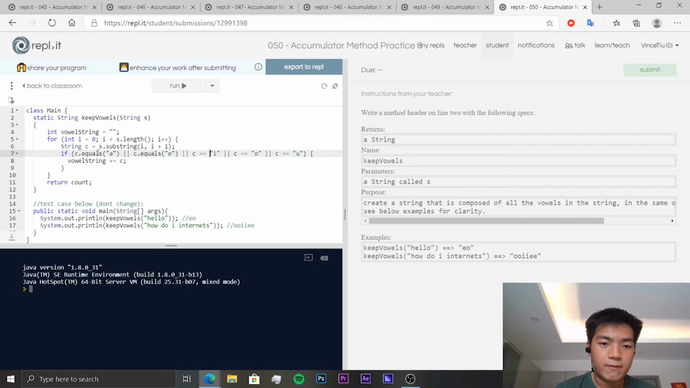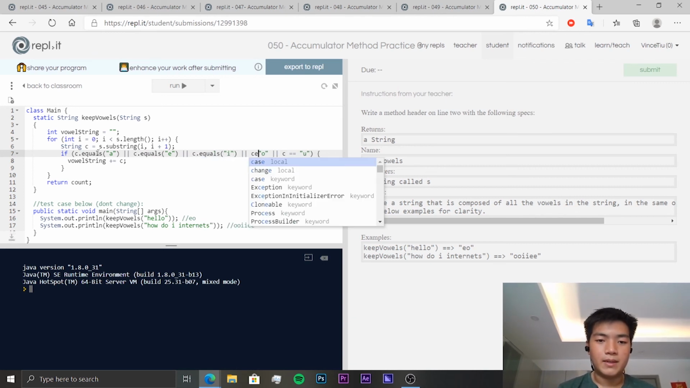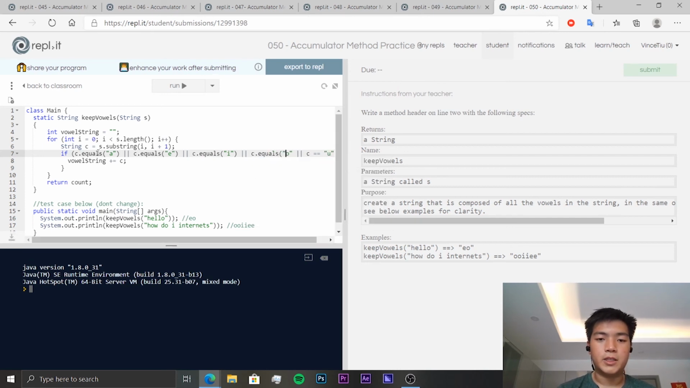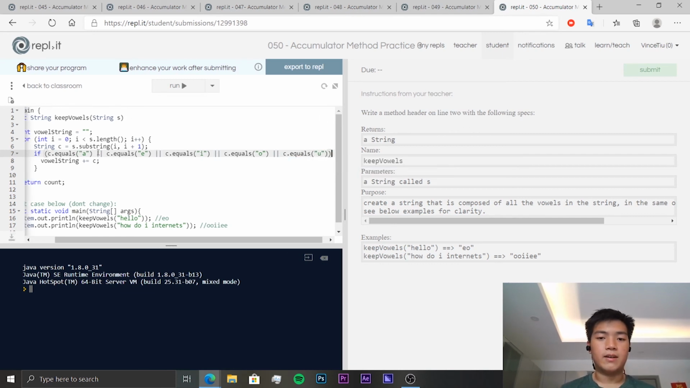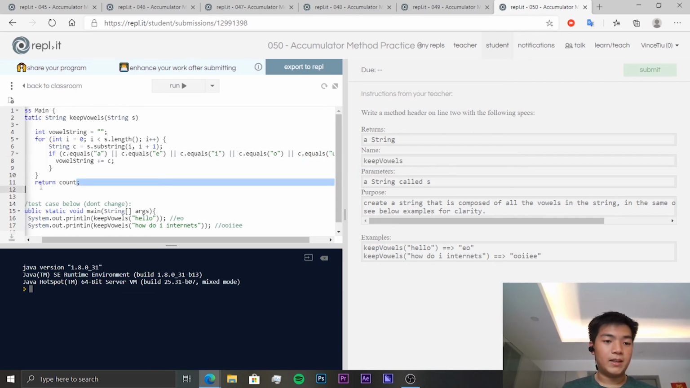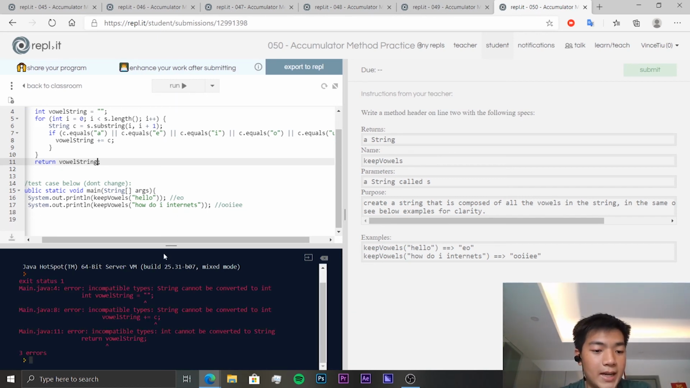There might have been a faster way to do this. I think definitely in this case I might have used the switch statement. But since we already have all of this code written out, I think we might as well just use it. Okay, there. So now finally, we want to return the vowel string, not our count. So if we run this code, you can see hello should be eo, and oopsies,